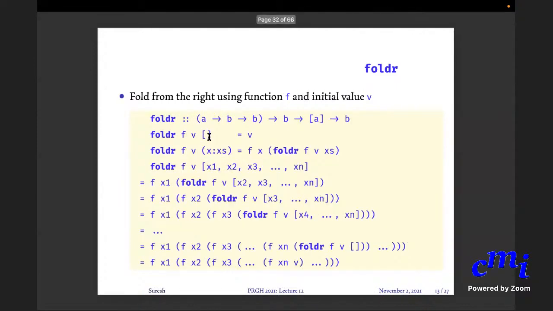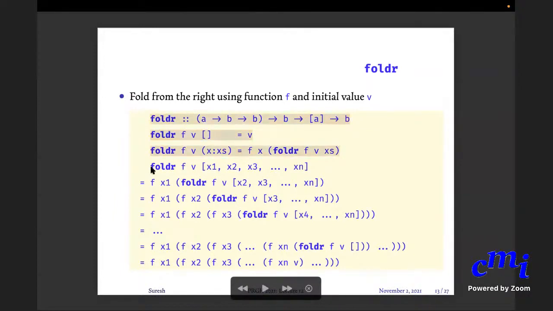Okay. So there is something to say about fold R and fold L, which is that they will require a lot of space. They'll use a lot of wasteful space, both fold R and fold L. Why? Because of this. So let us say this is the definition of fold R. Start from here. Fold R of f v x1 ... xn is actually nothing but do the recursive call on x2 ... xn and then apply f x1. But you cannot apply f x1 till you get the recursive value back. So first do the recursive call, that is fold R of f v x2, and so on.